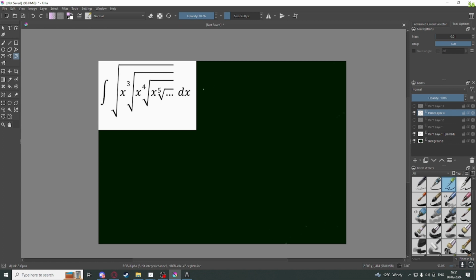I have this integral, which I'll call I, which was the integral of, not e, sorry, x to the this series here, and this series converges to 4, and then you're just left with 1 over 5 x to the power